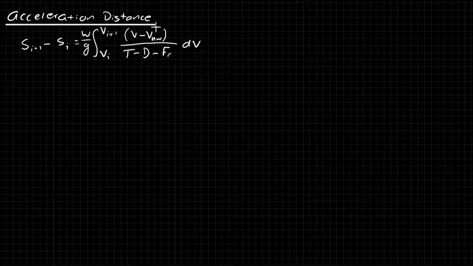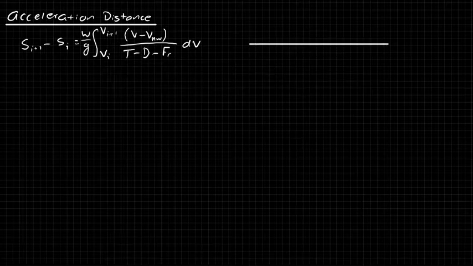Okay, and so what we said is that in order to find the acceleration distance, we take this equation and we're going to apply it over an interval or a series of discrete intervals. So if we have some distance like this, we're going to apply this equation over a series of discrete distance intervals. And the reason for that is to approximate any general changes in velocity or force, so that we can evaluate this integral.